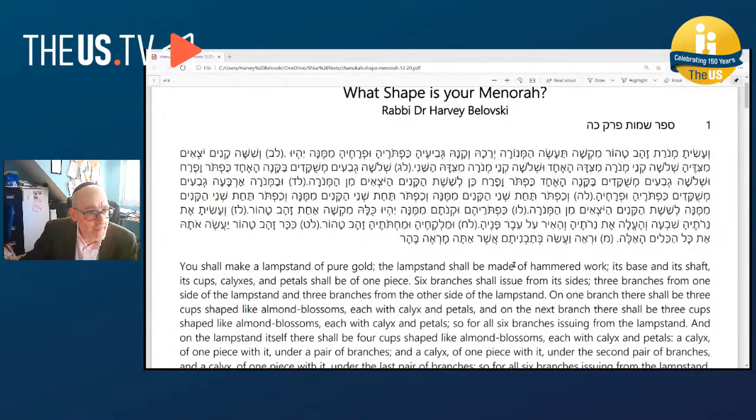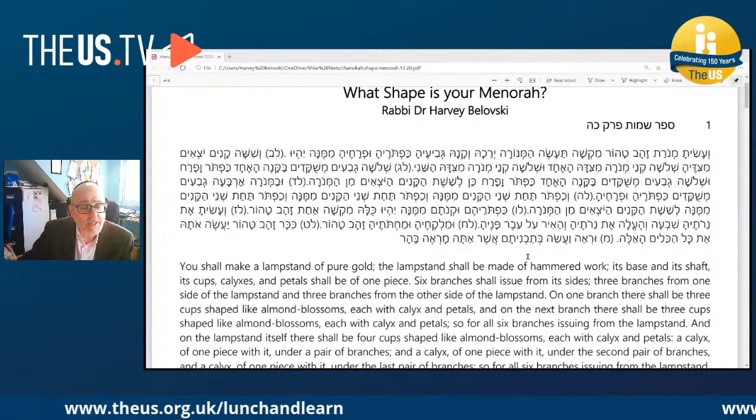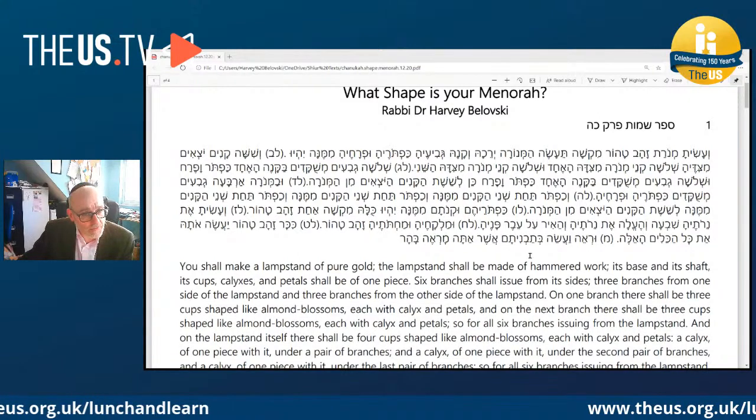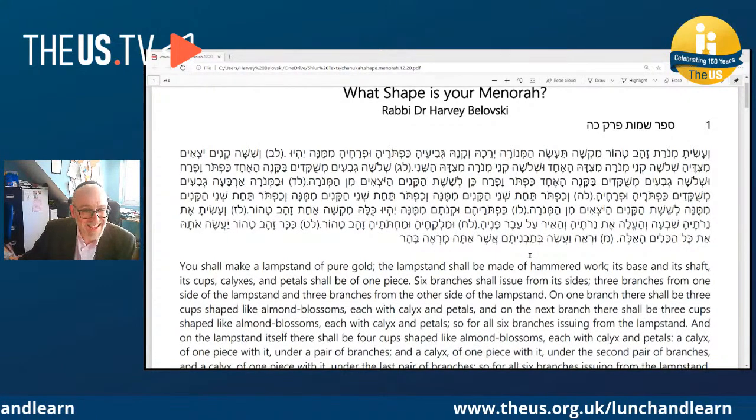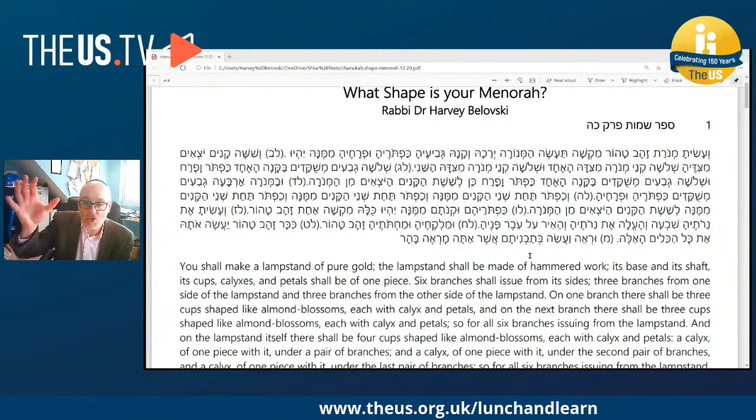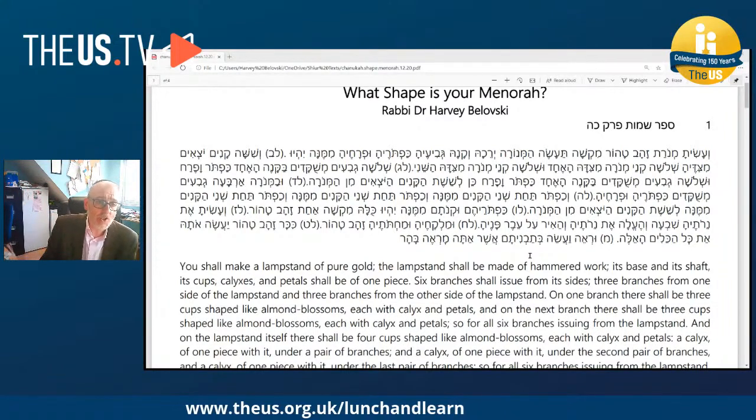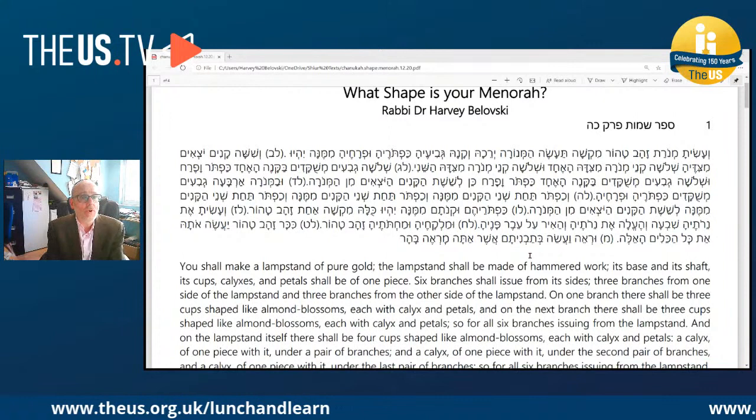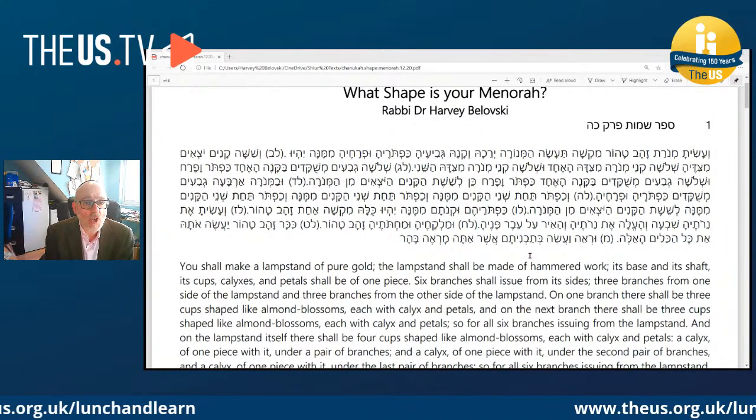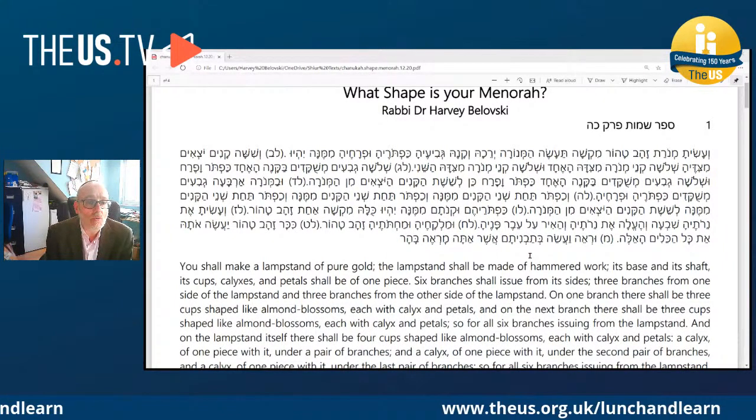So let's look at this. Here we have your source sheet. I hope you can see it. You can also download it from the website. V'asisa menorat zahav tahor. I won't read it all in Hebrew, but in the instructions to build the Mishkan and its utensils, in the 25th chapter of the book of Shemot, Exodus, you shall make a menorah of pure gold,